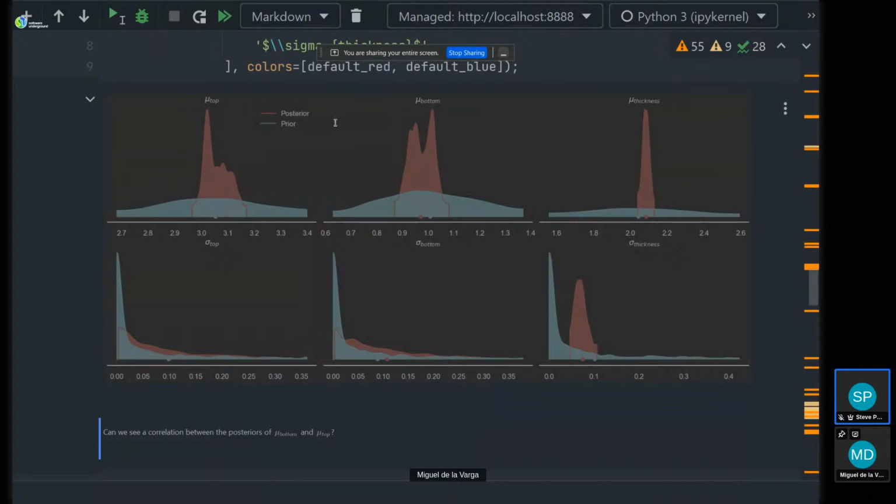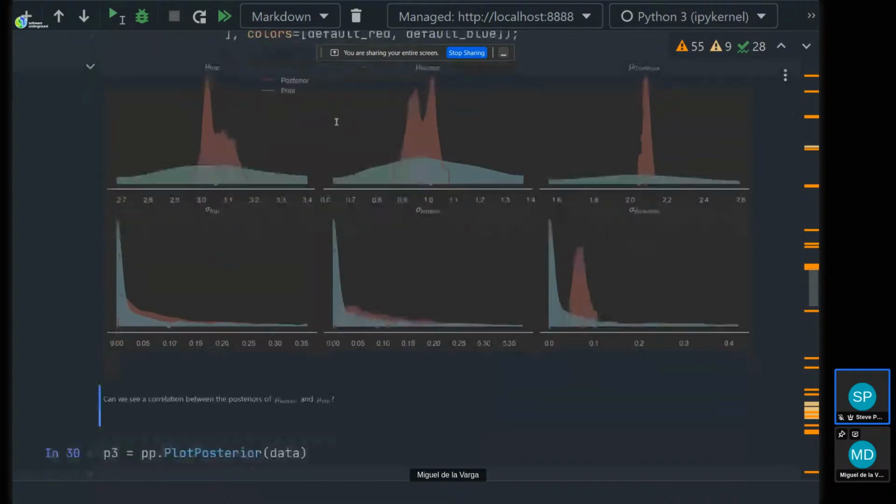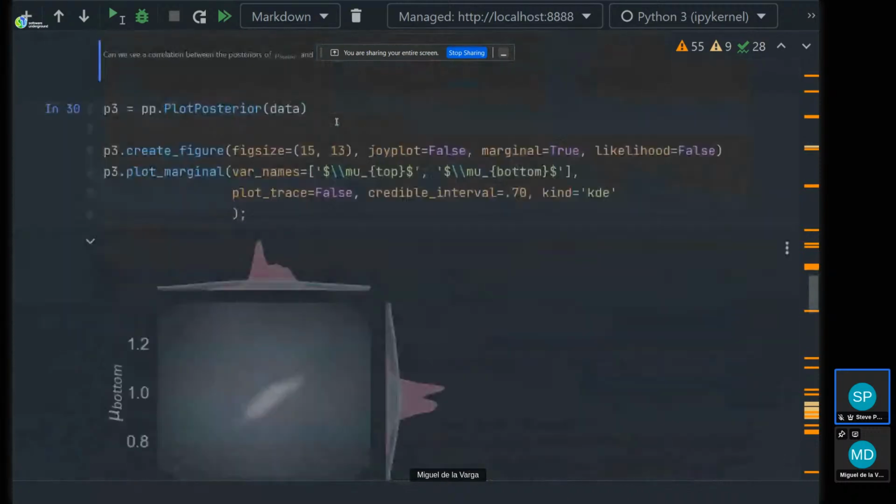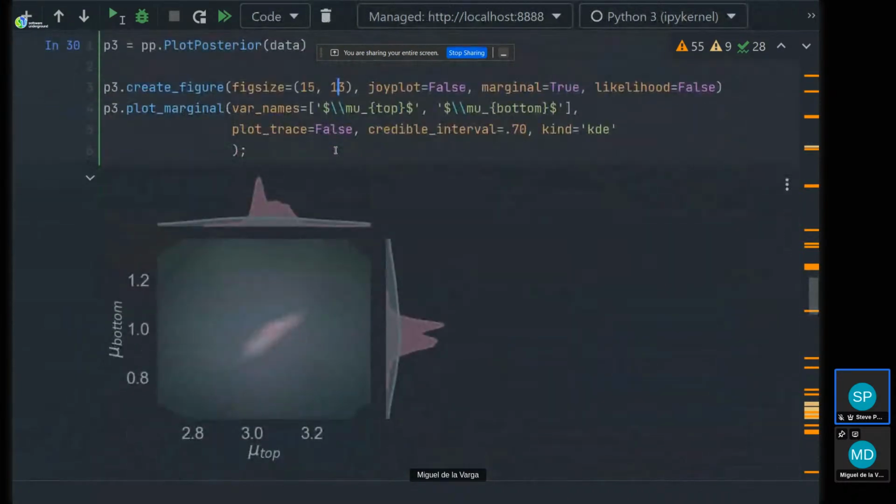And this we can really just think that, obviously, when both layers, so both interfaces, go down, they have the same thickness. So that starts correlating the priors. Anyway,